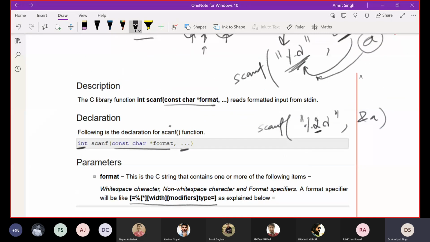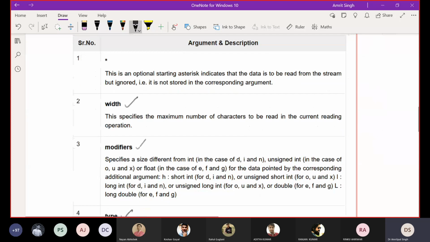It is going to define your width. So if you enter 3, 4, 5, 6, what is it going to enter in your A? Only the first 2 letters. Done. So these are some modifiers, Aditya.